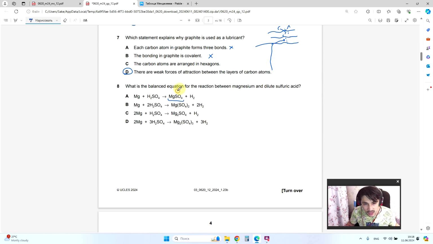The sulfate ion has charge 2 minus, magnesium 2 plus, and the overall formula of magnesium sulfate is MgSO4, and we still see hydrogen gas. So you can get rid of options B, C, D only because of the formula of magnesium sulfate, and you need to double check if it's balanced. It is, so all of the atoms are equal on both sides of the reaction, so you can save your time